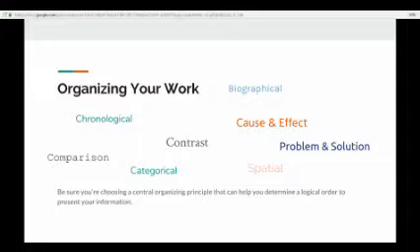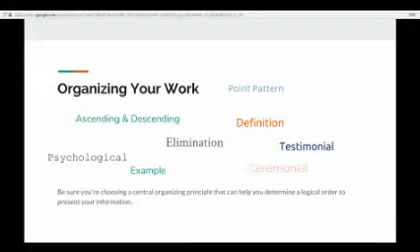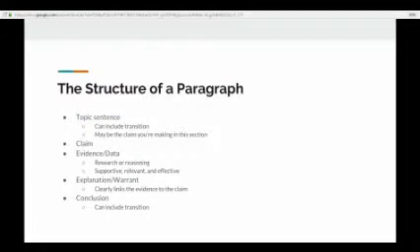And so there's a lot of different kinds of structures. I've listed them here, and especially when you get into the formal proposal assignment, I encourage you to go look up how one might structure a report or a proposal, because you'll see these words here, and you'll have an idea of what you can do with information you have. And here's some more that you have here. So that's an overriding structure.